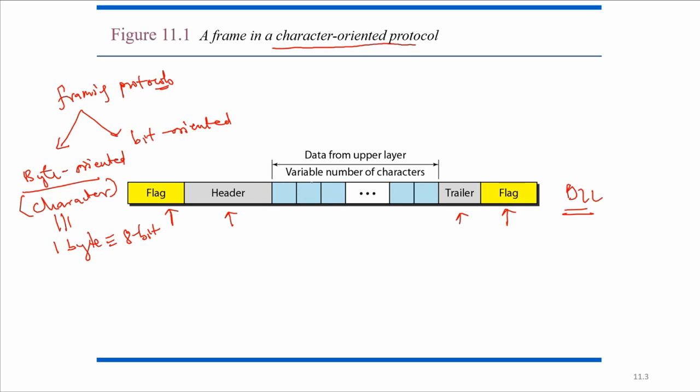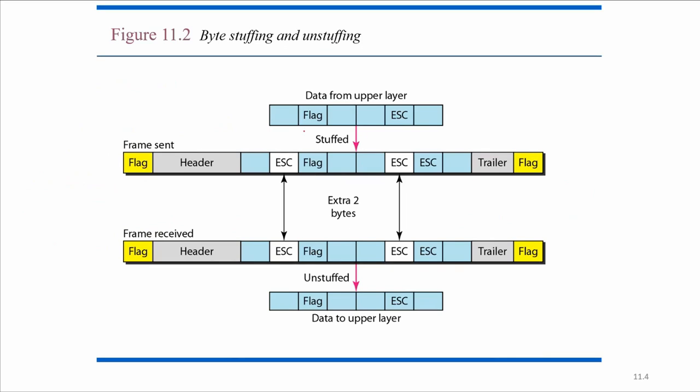So whatever data we are adding into the data coming from the upper layer is basically called stuffing, and removing the stuffed part is called unstuffing. Here byte oriented protocols are being used in case of framing, so we will look at how stuffing and unstuffing are done. Stuffing means adding some information to the data coming from the upper layer, and unstuffing is removing the stuffed data from the frame